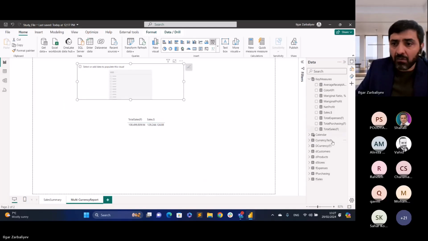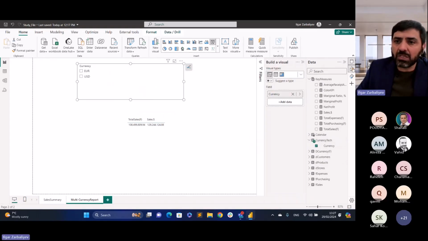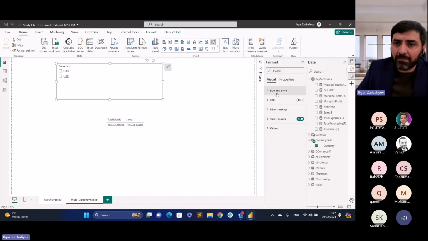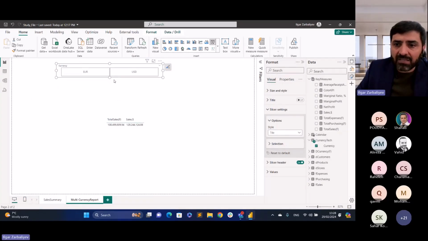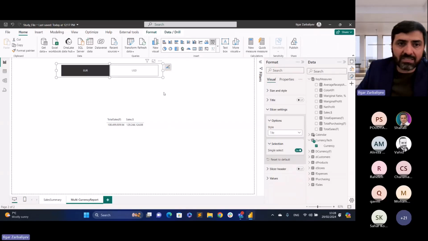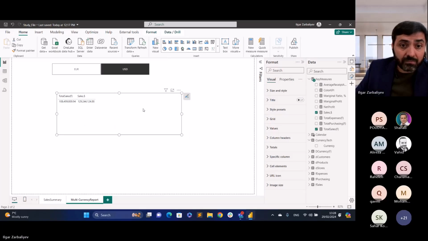So let's add our recently added currency tag, this one, right? I'm just going to make some changes in the slicer settings. I say tile, like this. And I'm not much interested in headers. I say I'm interested in one single select. That's perfect. Now, the next step is to relate